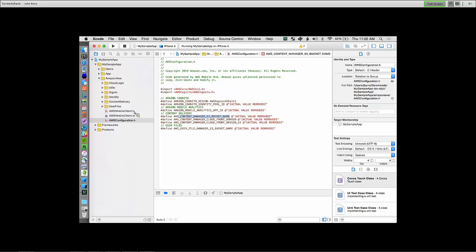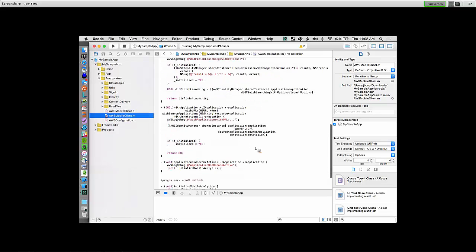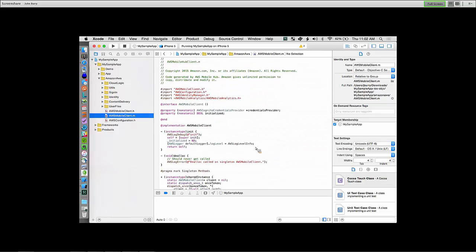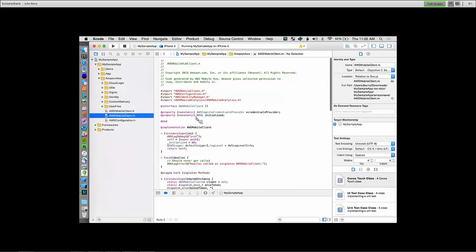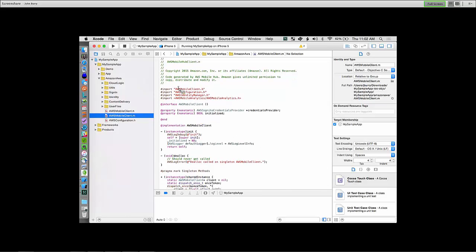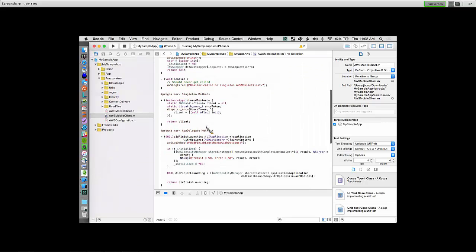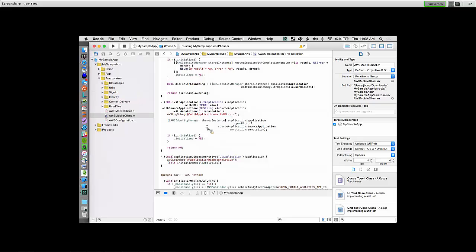But to go into the code here a little bit more, what AWS is providing you is code that, again, does the heavy lifting for you. The mobile client code, identity manager code, as an example of what I've created here, and you can actually just see, I'll go through some files quickly.